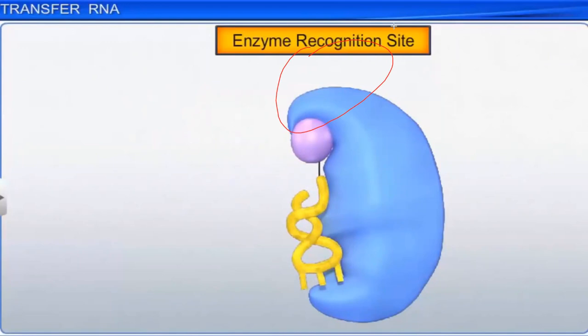Okay, so this arm will recognize the enzyme and attach to this enzyme which is in the cytoplasm. And now you will see it will take the amino group from the enzyme, and then it becomes activated, and with this only it moves for the translation process on the mRNA as well as the ribosome.